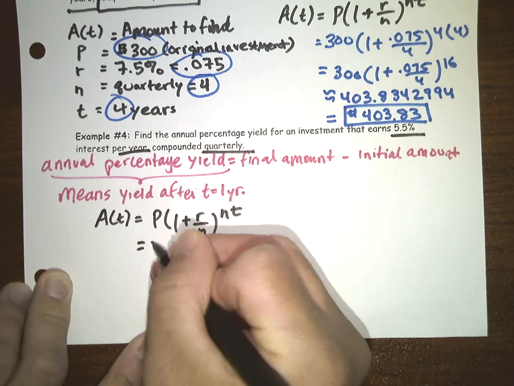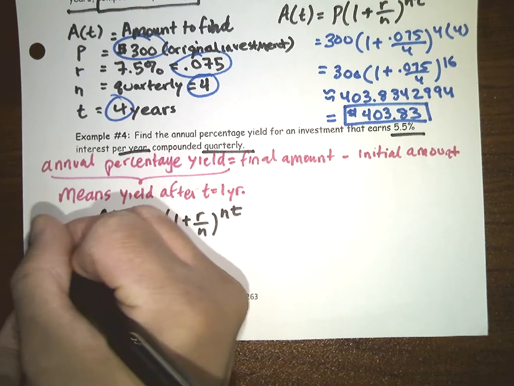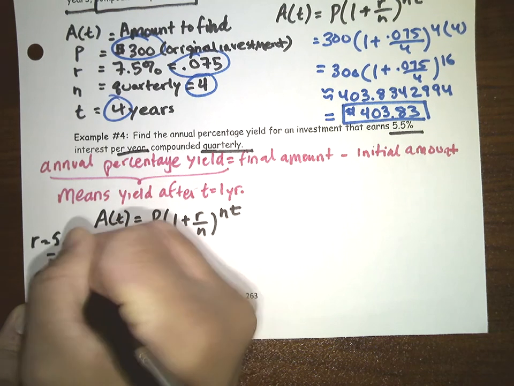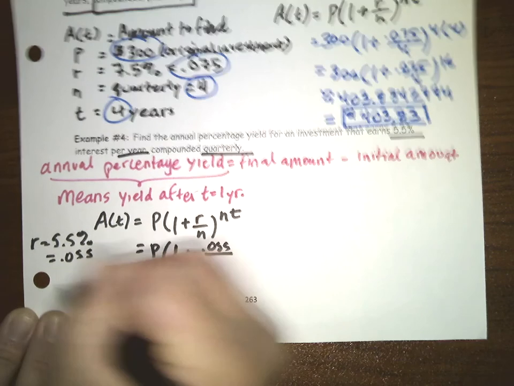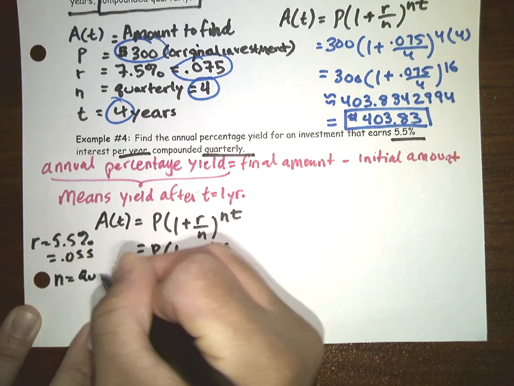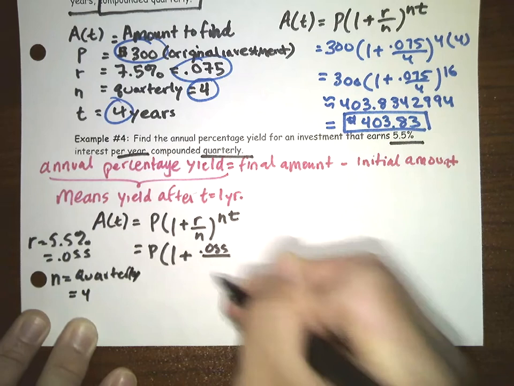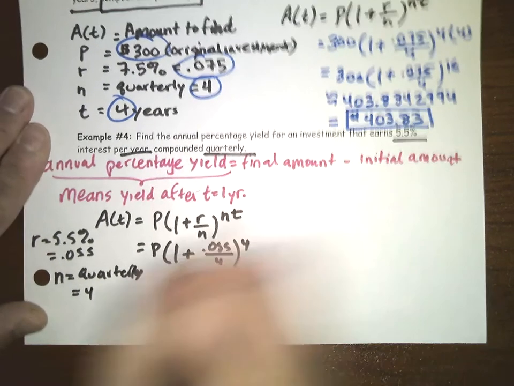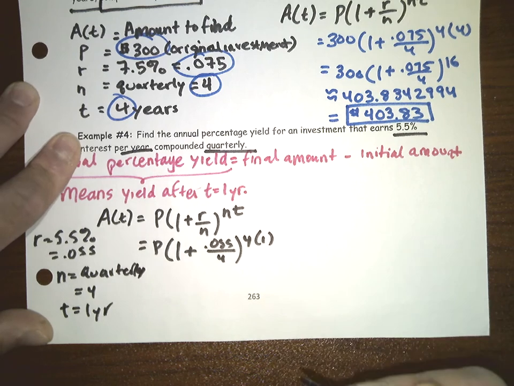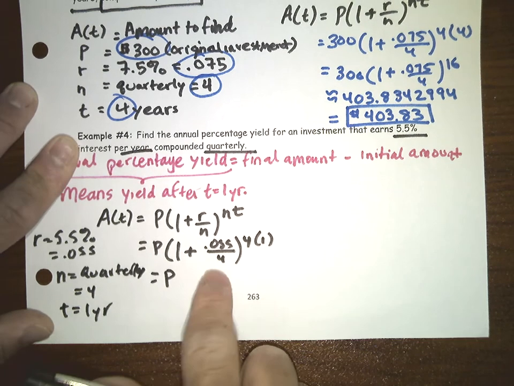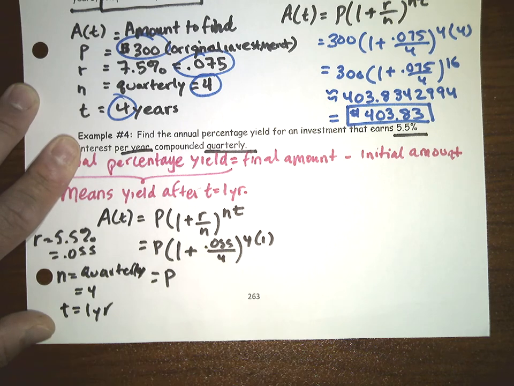So this is P, and then 1 plus r. r was 5.5%, or 0.055. So 0.055 over n. n was quarterly, so that would be 4. Quarterly means 4. And then t was 1 year, so 4 times 1. And if I calculate 1 plus 0.055 over 4 to the 4th power, that is